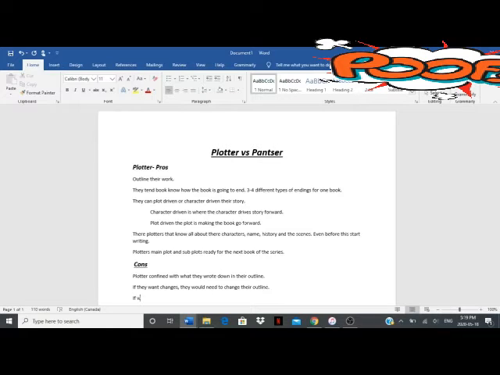And if a plotter hits a writer's block, they tend to, or at least some of us do. Let me know if you do this, if you are a plotter or a pantser that does this as well. So if a plotter gets writer's block,